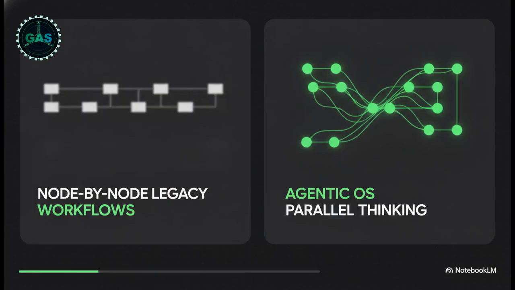So the landscape of building AI systems has fundamentally changed almost overnight, largely thanks to platforms like Google's Anti-Gravity and Claude Code. Think about the old way for a second. Using traditional workflow builders like Zapier and n8n, you were essentially just gluing specific steps together. You had to map everything out node by node, manually handle every single error, and honestly, you were locked into a single rigid path. But the new way, using an Agentic OS, is entirely different.